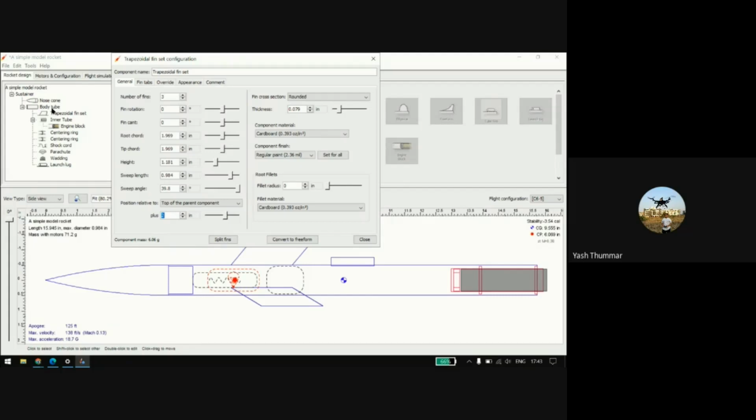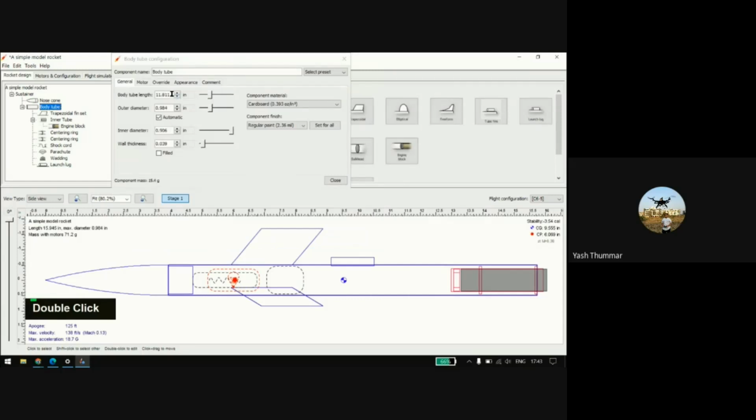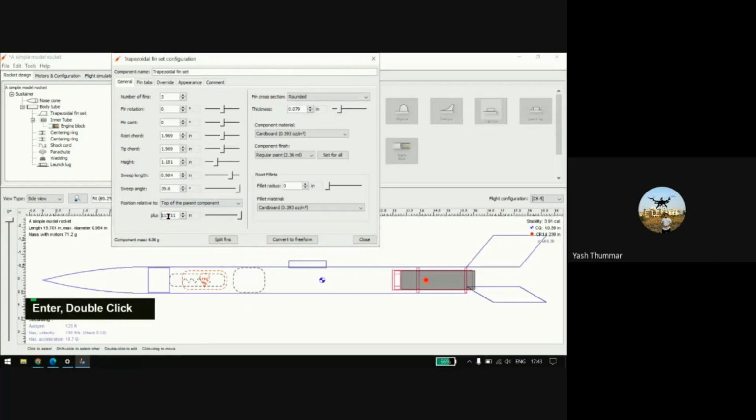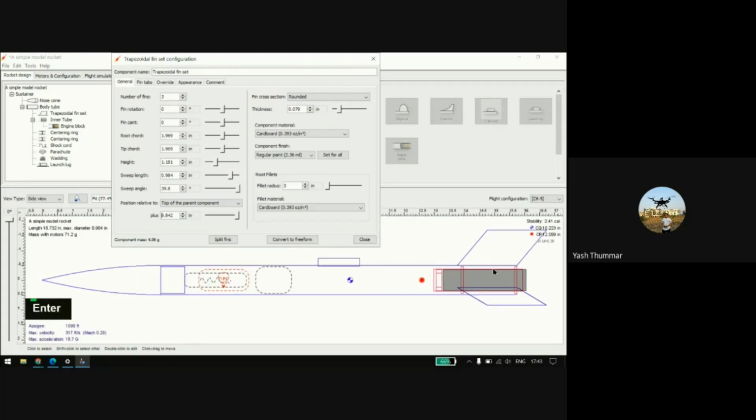If you give the length of the body tube, and minus you have to put the root chord, so it will go in the same direction.